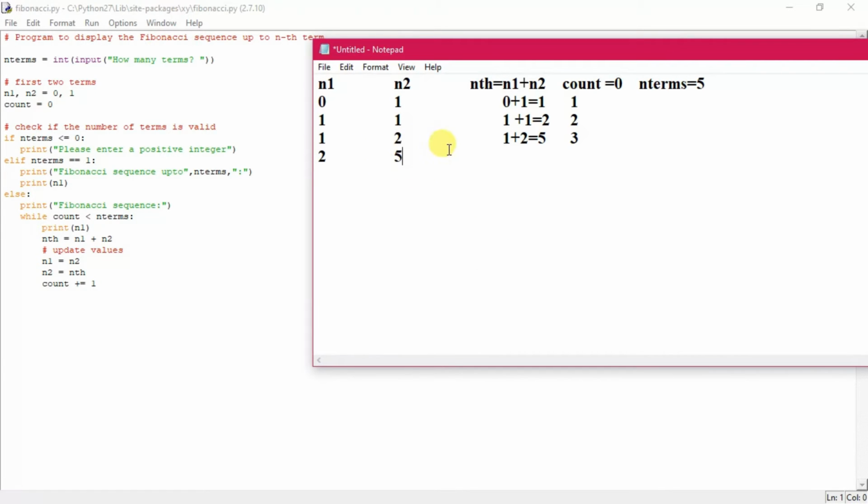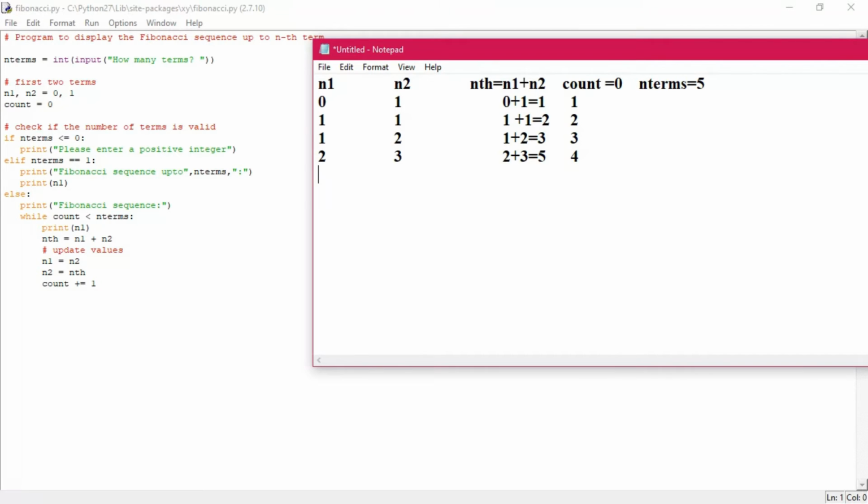Sorry, I have written it wrong. This will be 3, so 3 has come over here. Now it will be 2 plus 3, which equals 5. Now the count will become 4, and it will execute one more time.